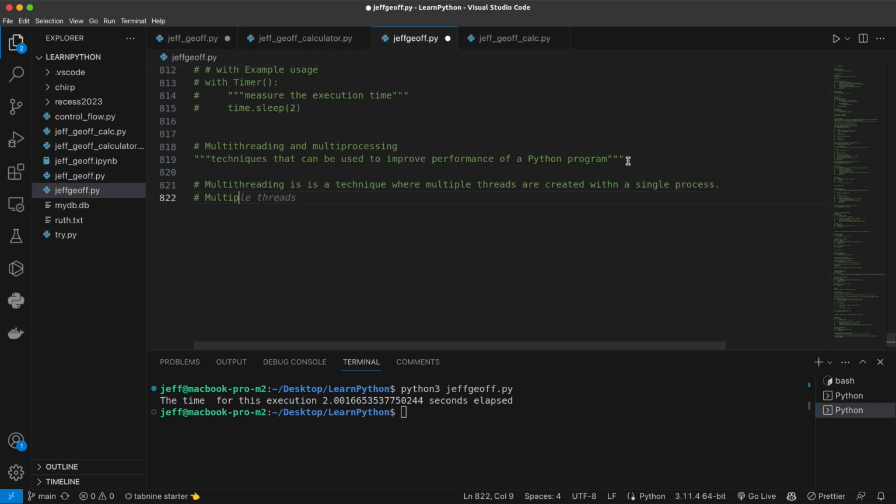Multiprocessing is a technique where multiple processes are created. Okay, so the difference here between multi-threading and multiprocessing: basically, we are looking at the multiple threads that are being created, and each thread